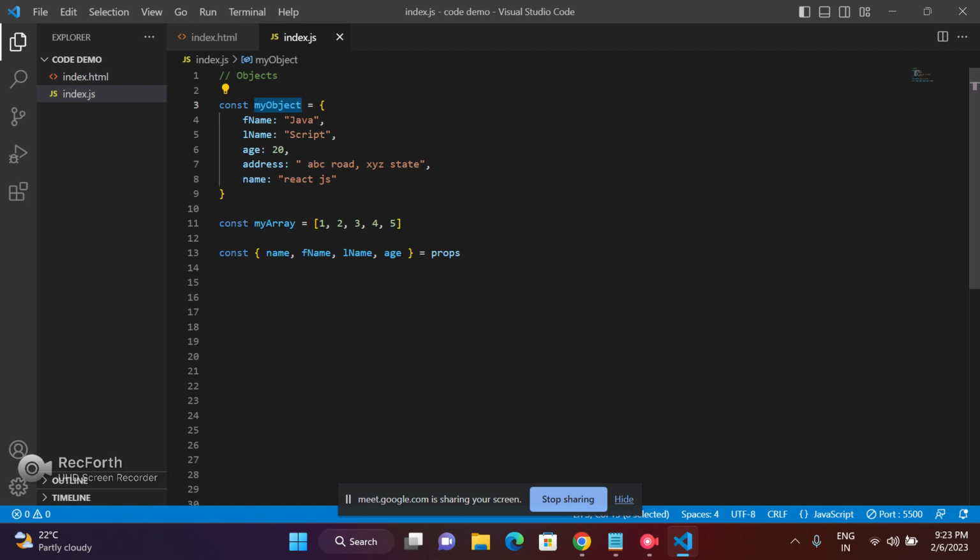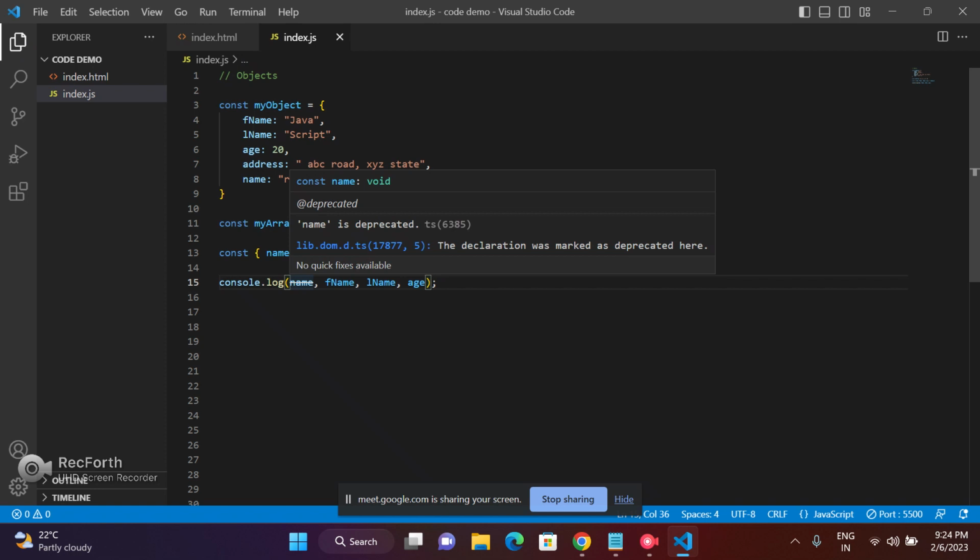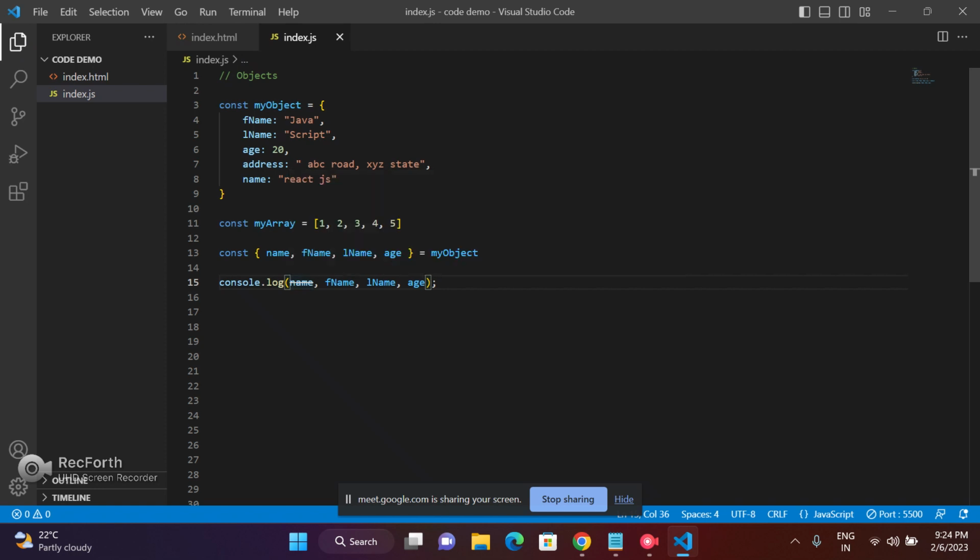But if you want that to be used as a variable, we use destructuring. So destructuring is basically like this. What will be the output over here if you use log now, if you use all this? So this value will have